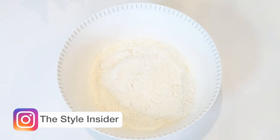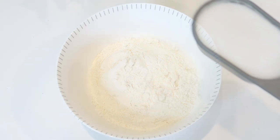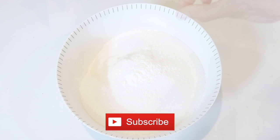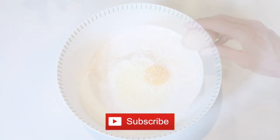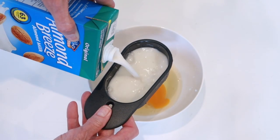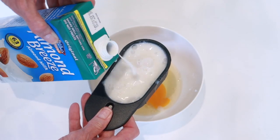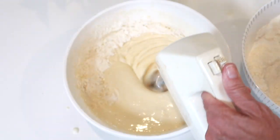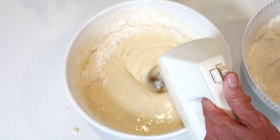First up, I'm just adding the flour to the dry bowl, and then the sugar. That's the baking powder going in, some salt, and then the second bowl, as I said, is the wet ingredients, and in there I'm adding the eggs, the milk. I use Almond Breeze just because I like it, some vegetable oil, and then you slowly add the dry ingredients